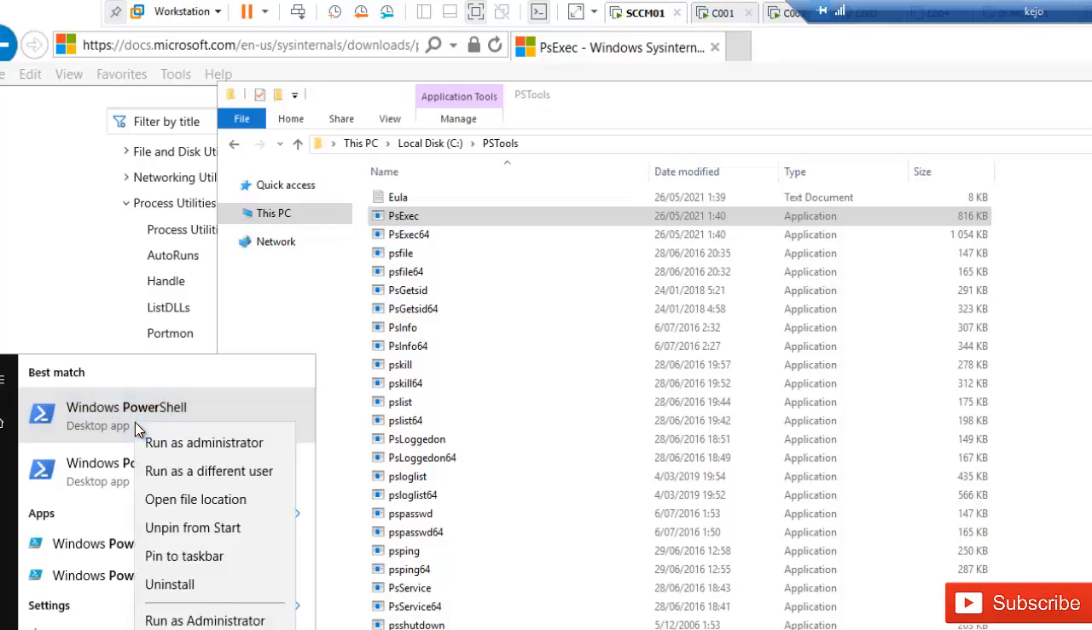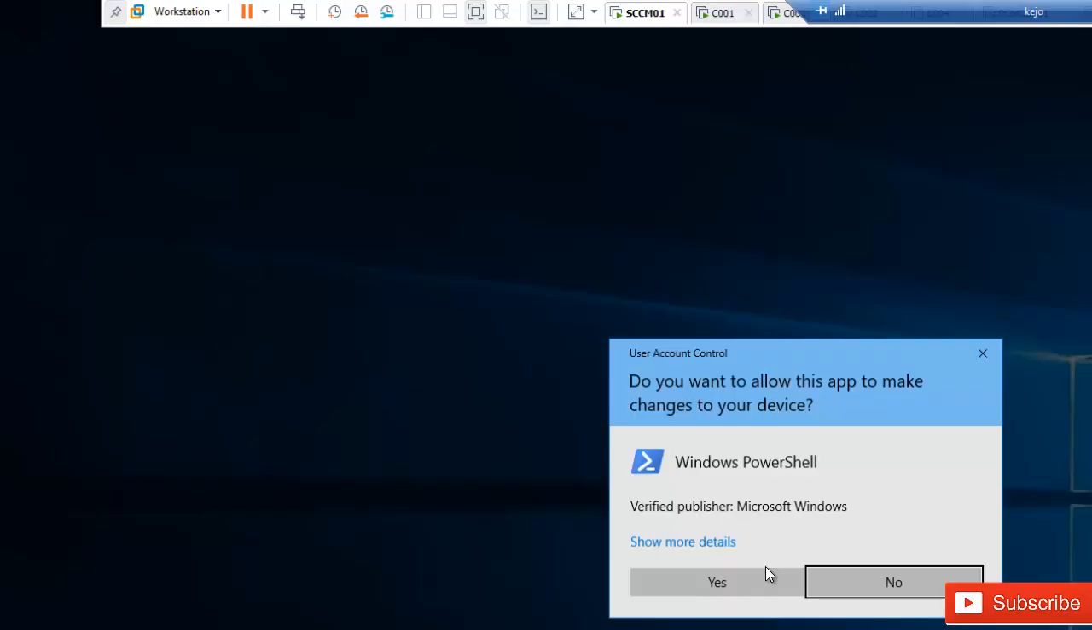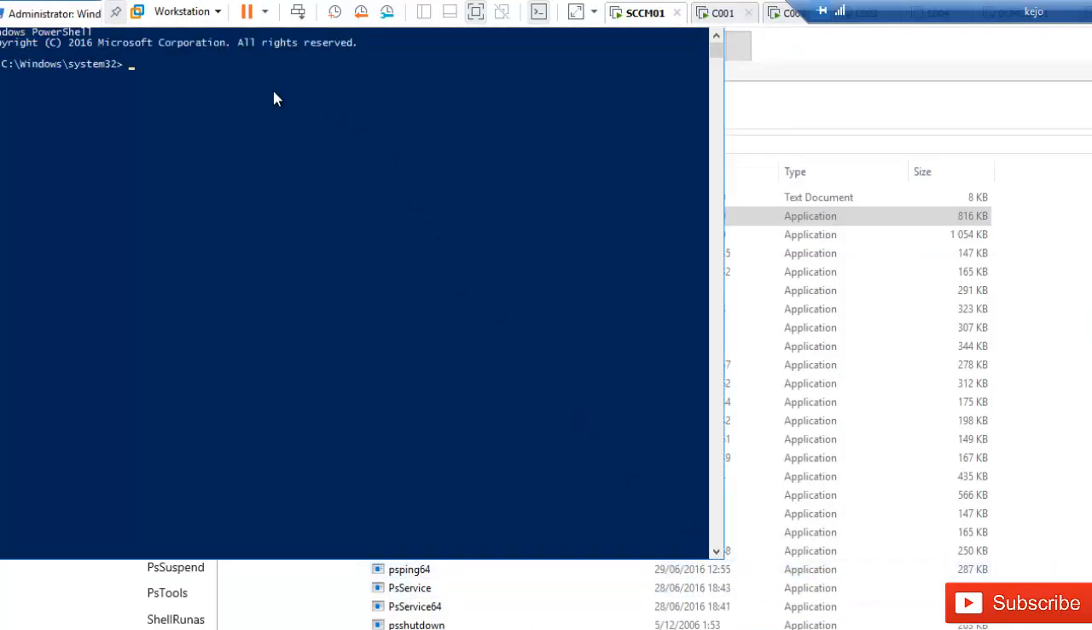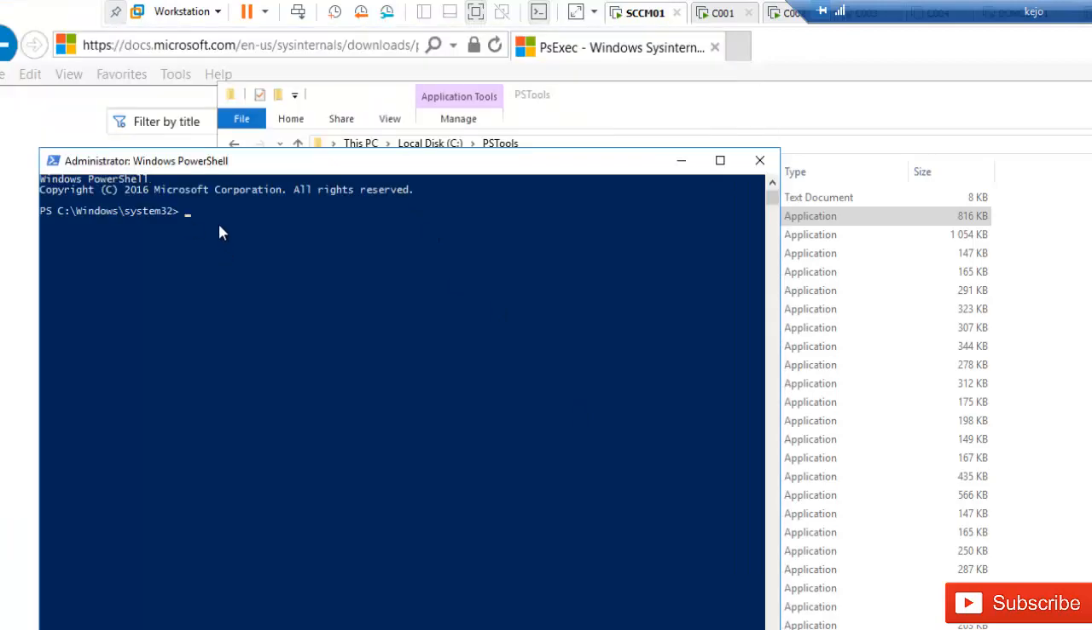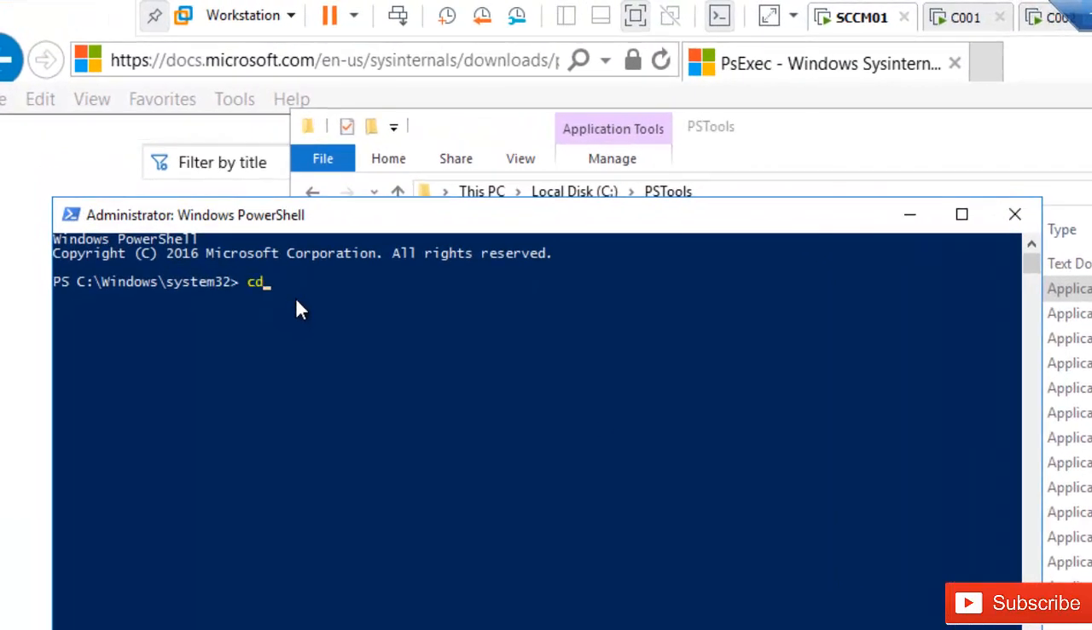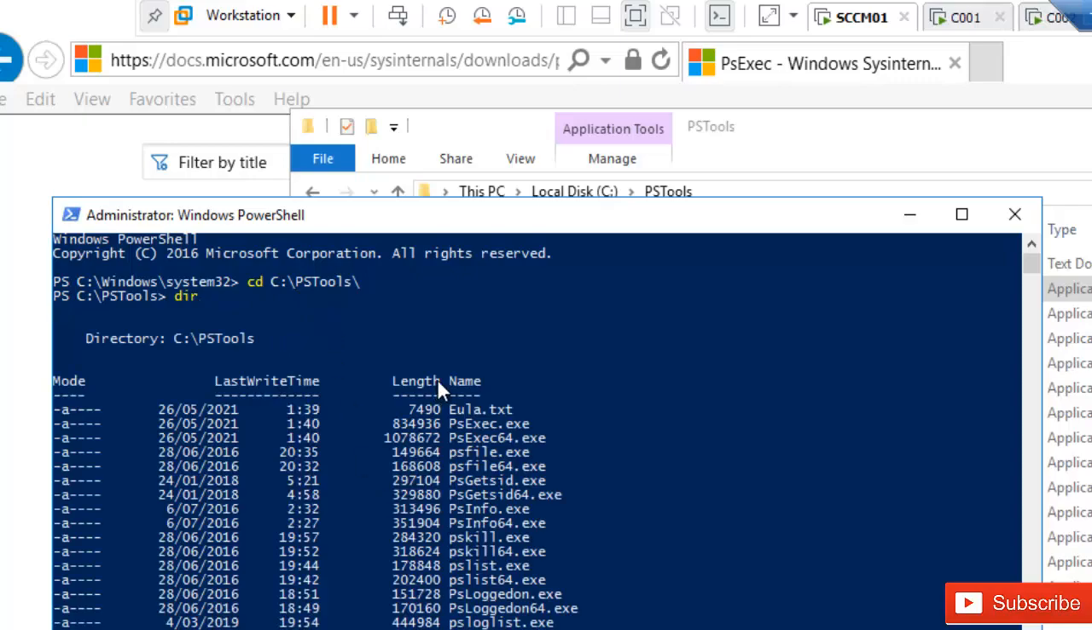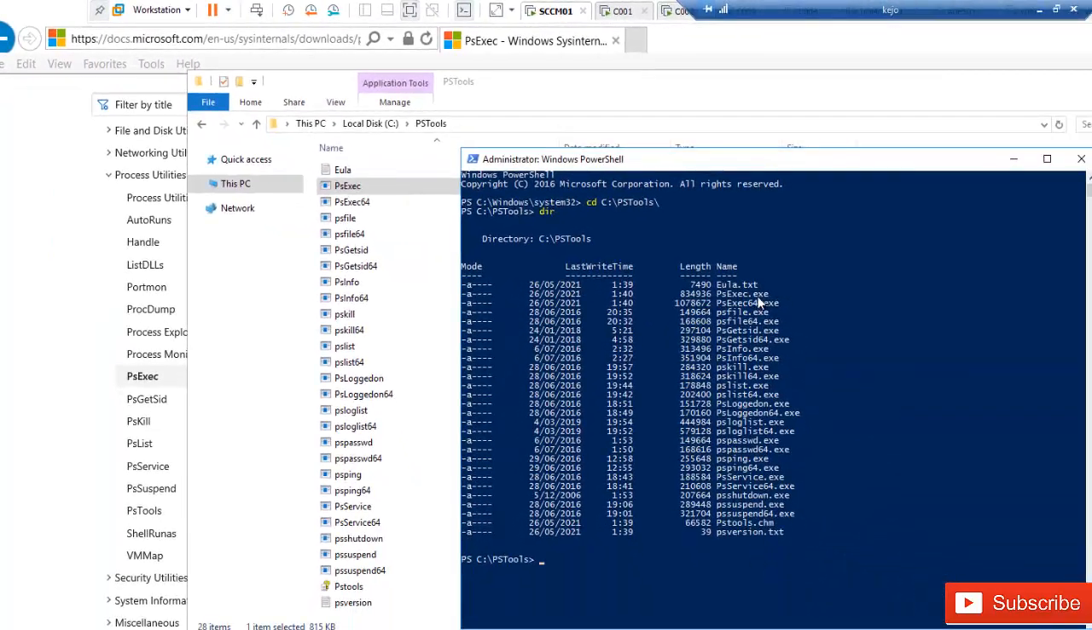So let me just start PowerShell as an administrator, run as admin, and I'm going to click yes. So we need to navigate to where the PS tool is on my C drive. And if I do a directory, you can see all the tools which are in that folder. So I'm interested in the PsExec. So I'm going to go for the